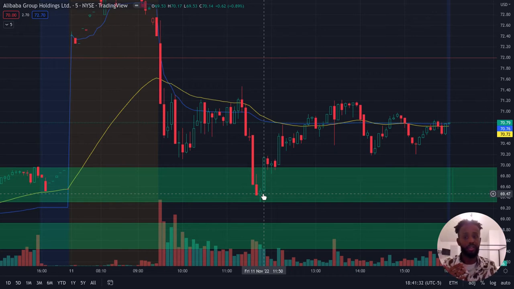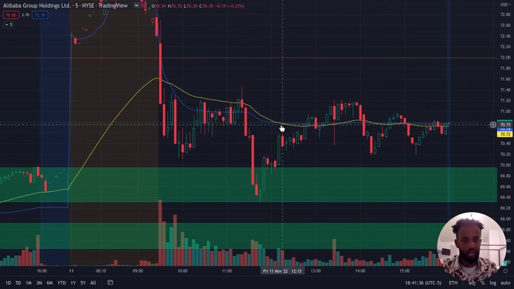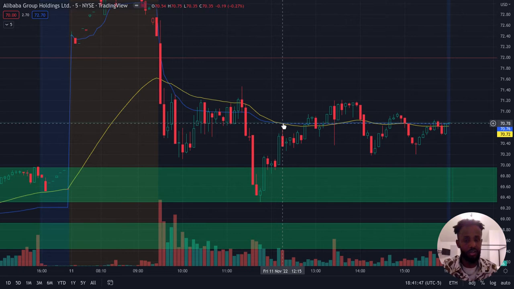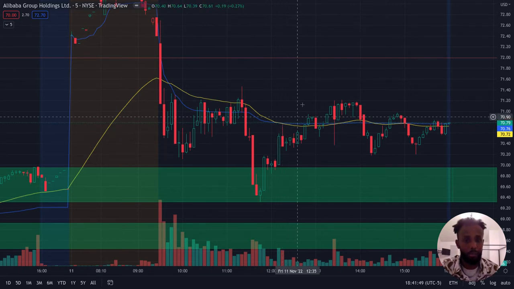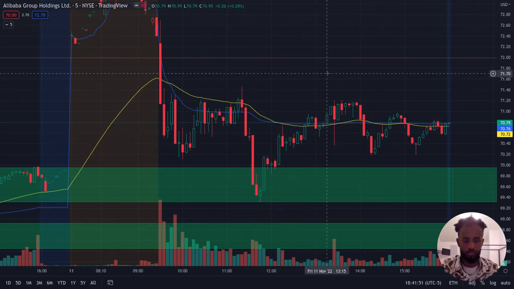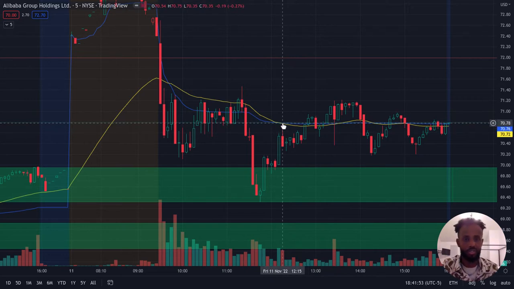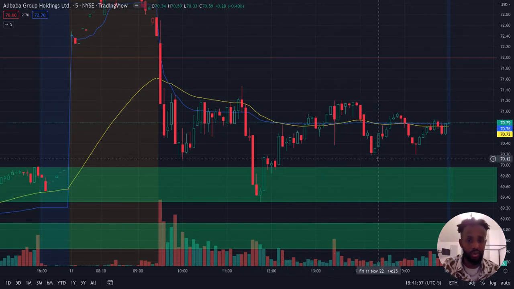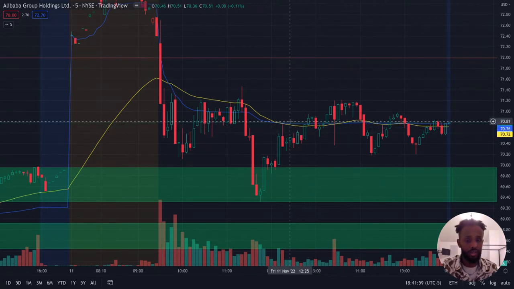Where I would consider selling immediately is here. Why? Because we have the 50-day moving average and VWAP both at the same zone. I would take my profits immediately here because expecting it to break through is being very hopeful. So I would just sell most of my position here, and you can see it kind of broke through, but it came right back down because this is